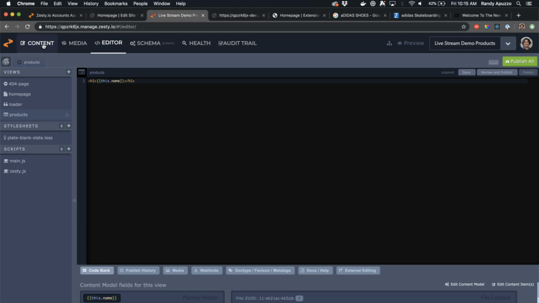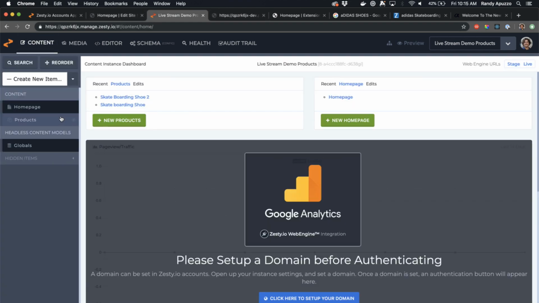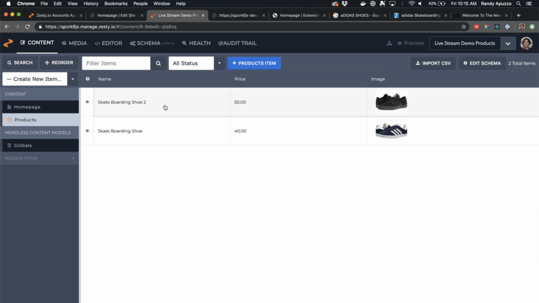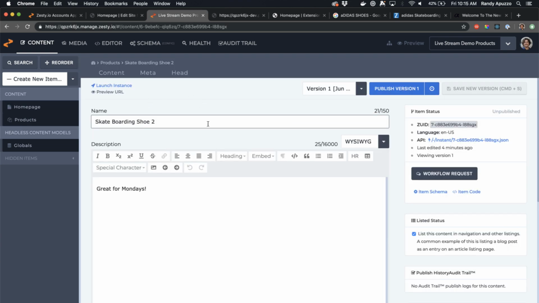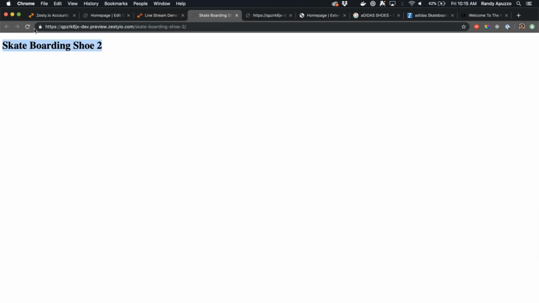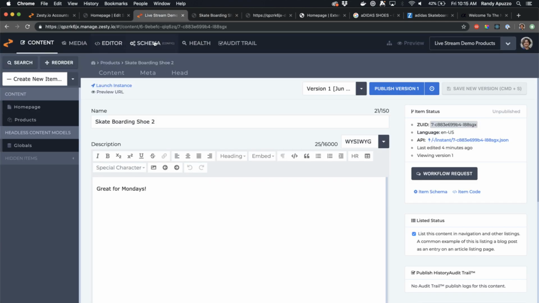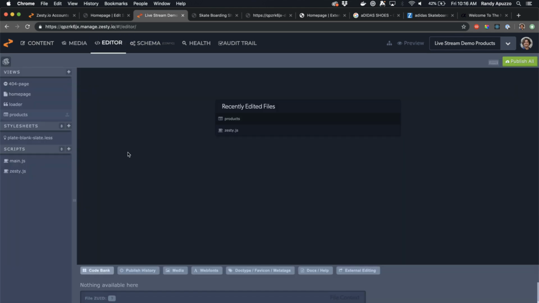So now if I jump back into my content, I click into products, click on skateboarding shoe 2. I have two options here. I'm going to click on the preview URL, and I'm going to see that it's a very vanilla H1 tag that outputs the name. So let's just fill that out a little more. We're going to go back into the editor,